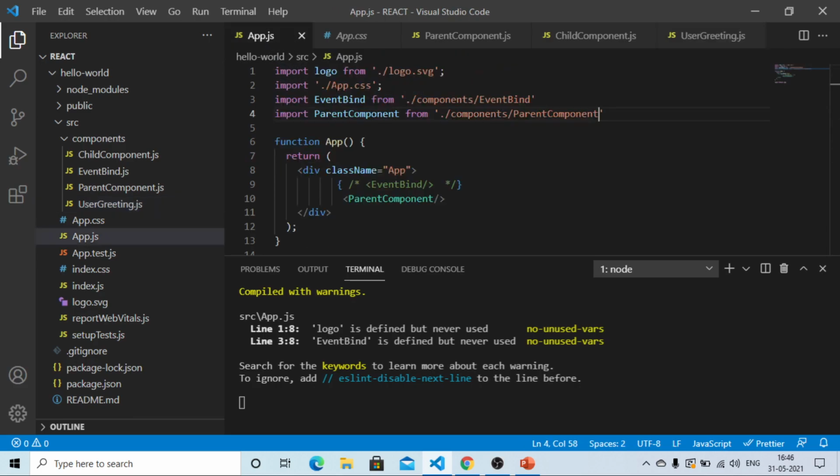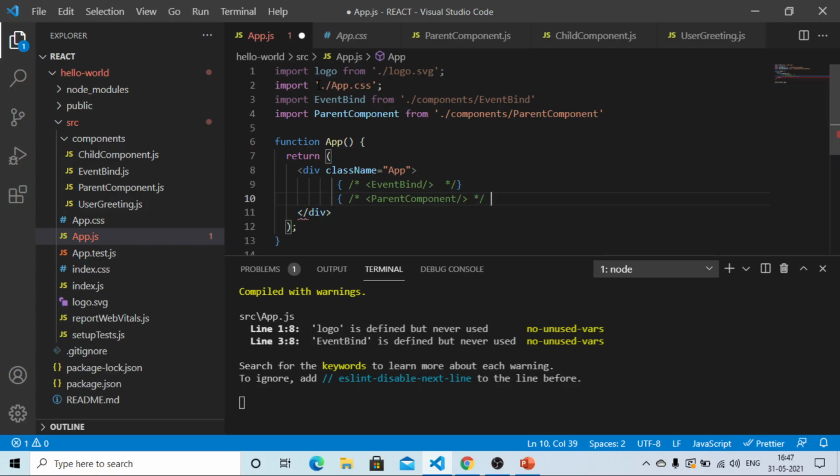go to the app.js file, and first of all comment this one. We want to include the user greeting component created just now within the app component.